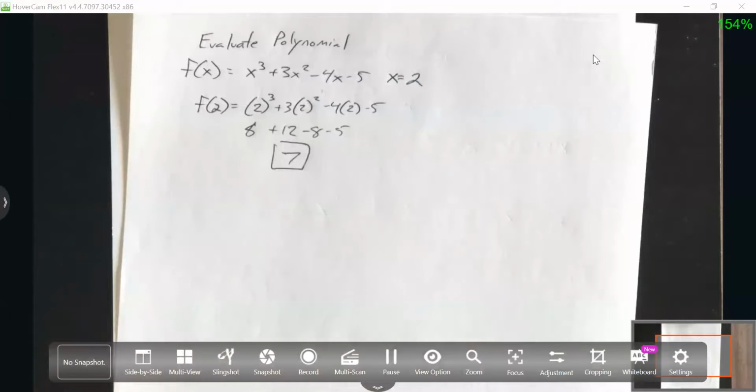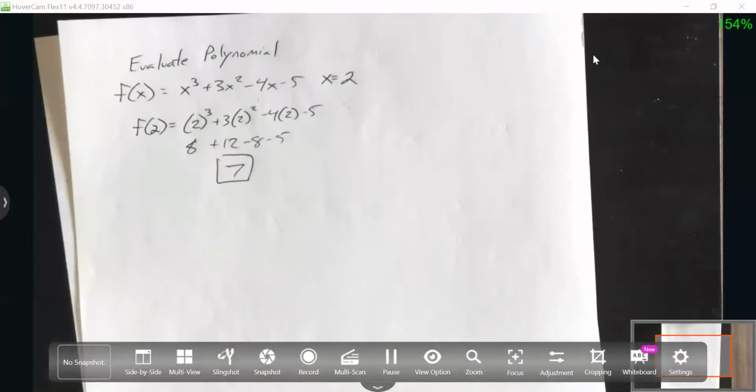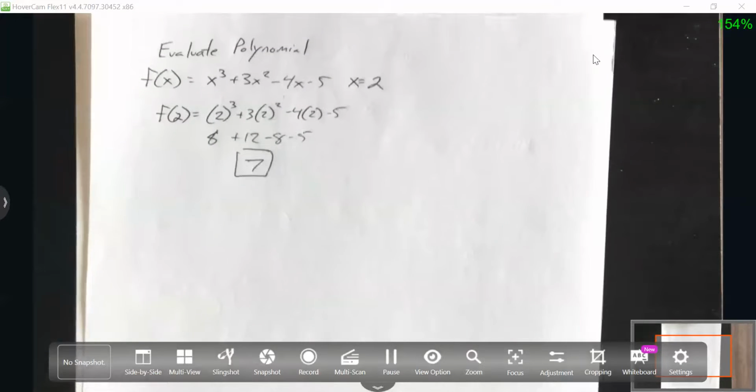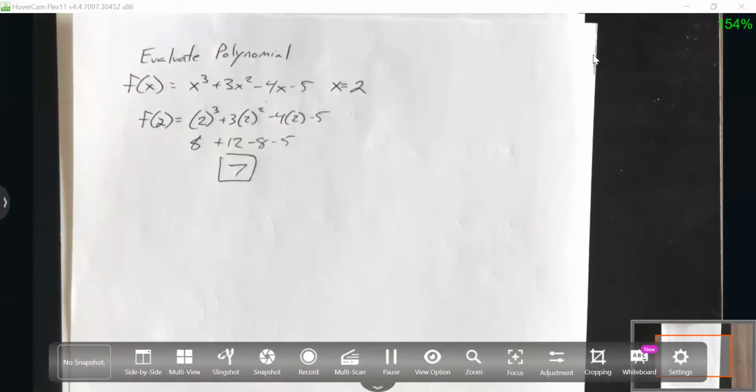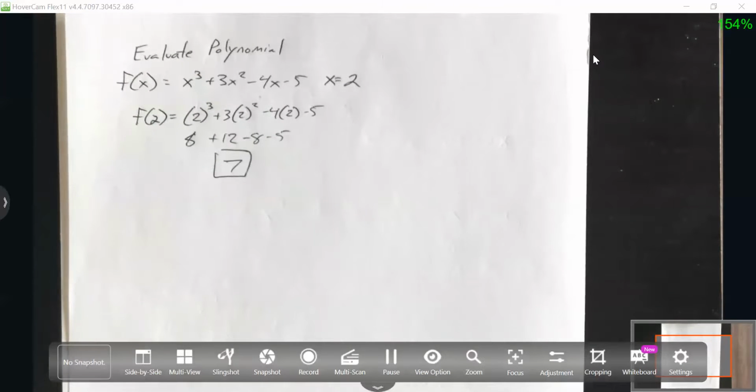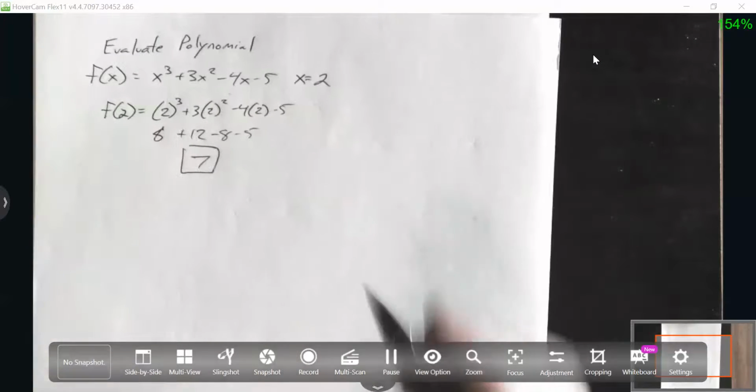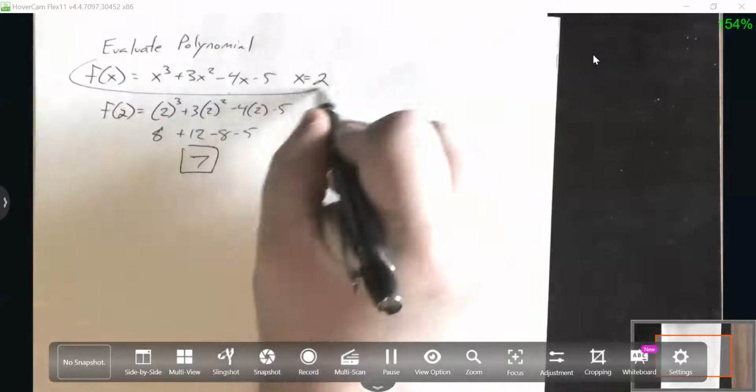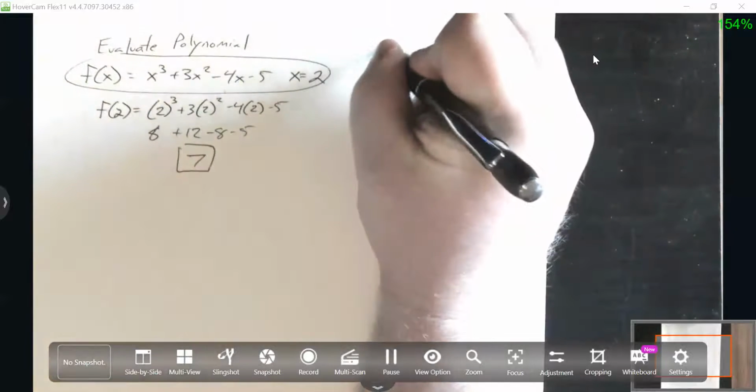What we're going to do is we're going to look at another method of evaluating polynomials. And in all honesty, I don't find it all that useful for the most part as just a tool for evaluating. The reason we're going to go over it is because it'll become very useful later on for something else that's related. So at this point, we're going to practice it in a nice, controlled, easy environment so you can get used to it. So let's take a look at this exact same problem, but we're going to evaluate it